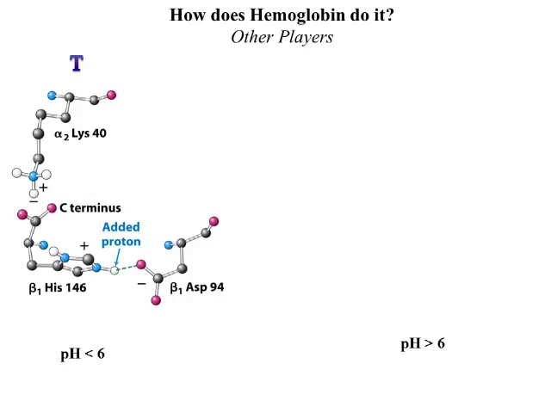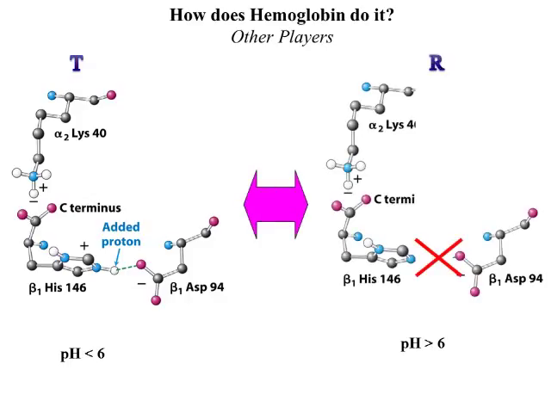conformation. Now, once the pH goes up to above pH 6, then histidine will be neutral. And when it is neutral, it's not going to be engaged in the ionic bond with aspartic acid. Hence, we don't have any more of those weak forces, and we have a more relaxed conformation. So if we have a bond at the lower pH, we have a tense conformation, we release oxygen. If we don't have this bond at higher pH, then we have a relaxed conformation, which binds oxygen better. You can see again another example of weak bonds controlling the entire process of life, which is the delivery of